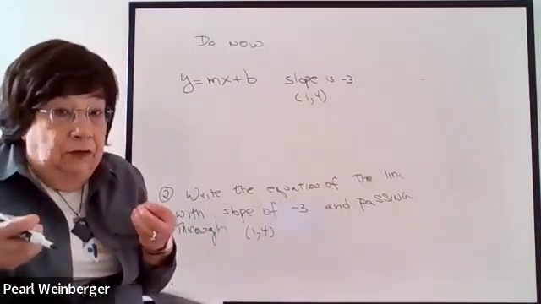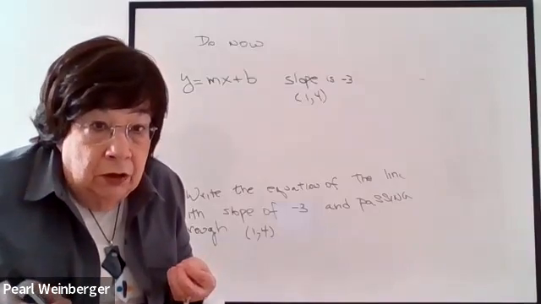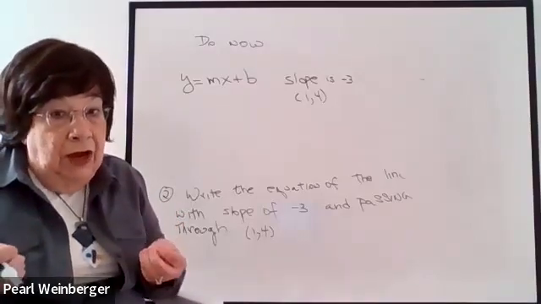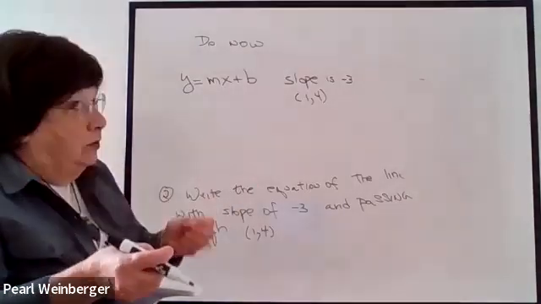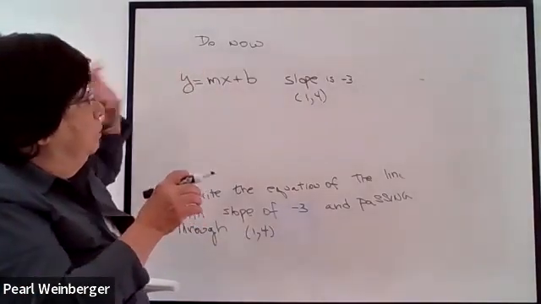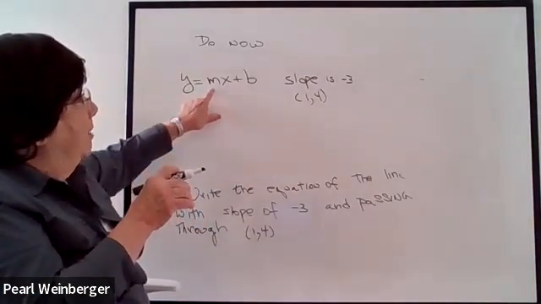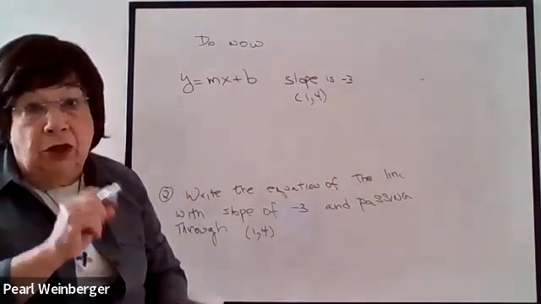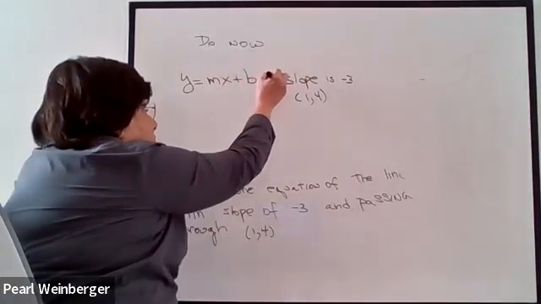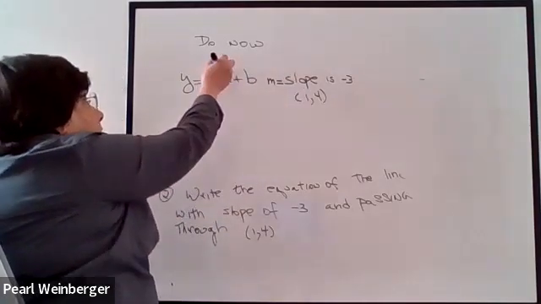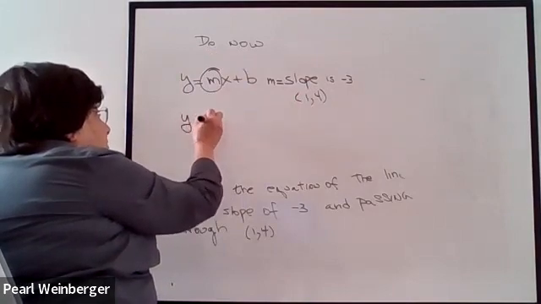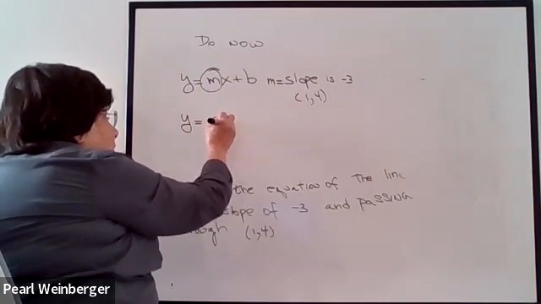That's just the opposite of what we do when we're trying to draw the line on the graph. There, we start with the y-intercept and then work with the slope. But when we don't have the equation, the first thing we want to focus on is the slope. And in this case, we were told that the slope is -3. Now remember that the slope is the m. That means in place of the m, I'm going to put -3. So this will give me as my start y equals -3x plus b,